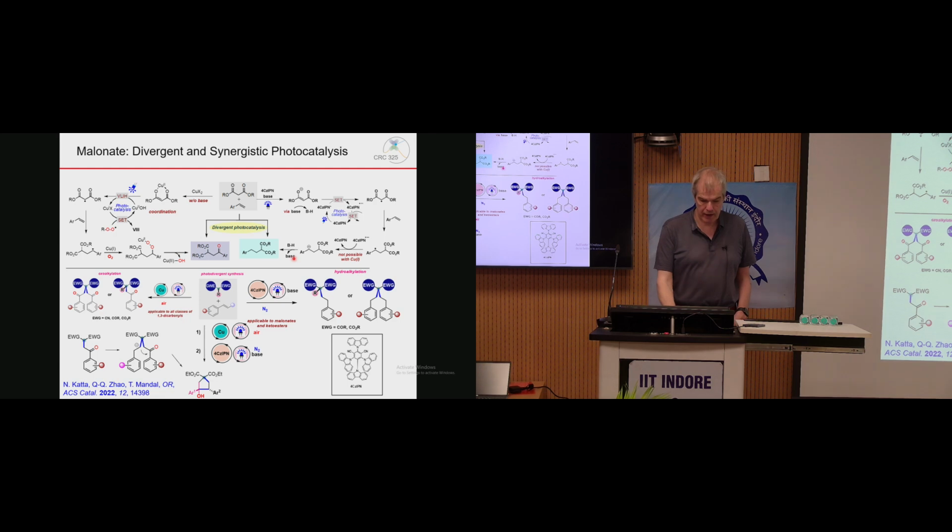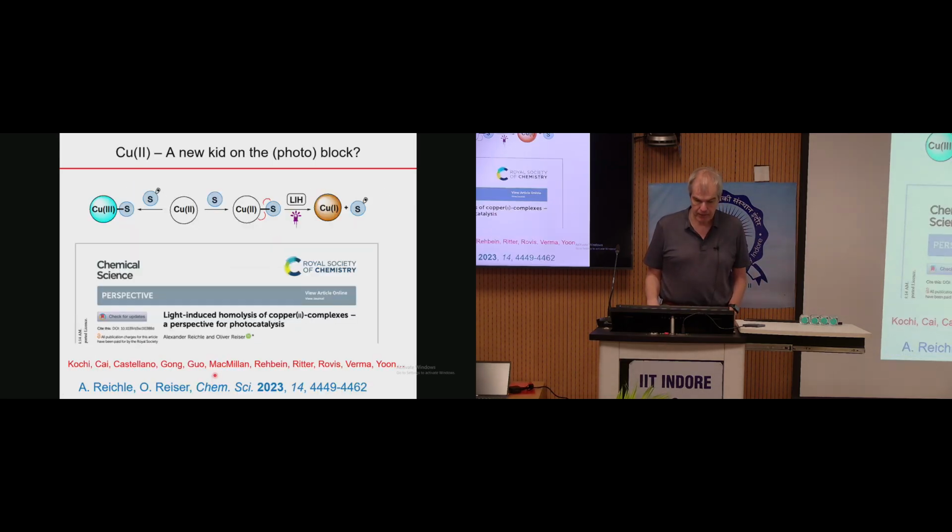But we could also see that if we have already one of these oxo-alkylated products, and we are forming now the anion, rather than picking up a proton, we can also use a carbonyl group as an electrophile and get these types of products. And this is something we use in order to make a cyclopentanol here. And so by now there's quite a bit of this copper 2 substrate chemistry where you can use a copper 2 substrate complex and do homolysis. We have recently reviewed this, so again, if you want to know more about this,